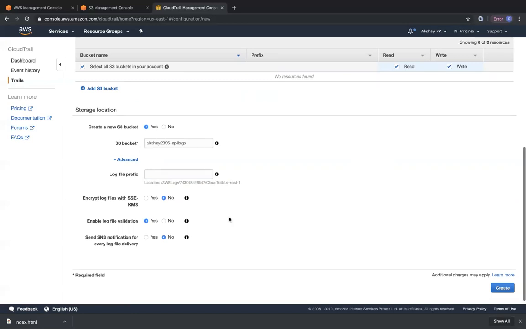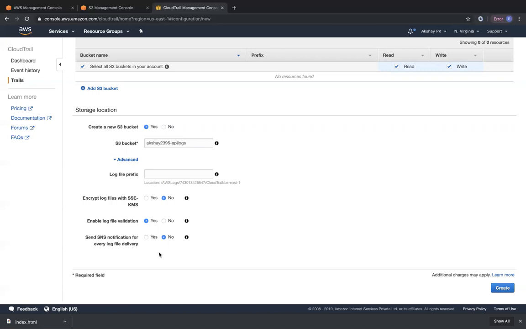Okay, and then you can see over here that you can encrypt all your log files with server-side encryption. So not necessarily just your S3 default encryption setting where you encrypt all of your objects with server-side KMS. You can in fact go ahead and encrypt all of your log files that are going to be put into this S3 bucket using server-side encryption with KMS. And then enable log file validation. We are going to look at this when we look at CloudTrail, not right now.